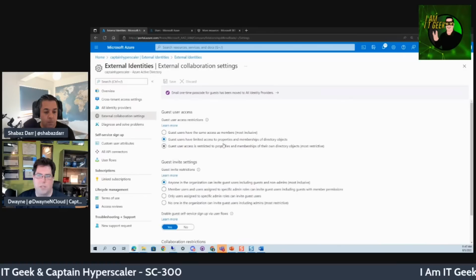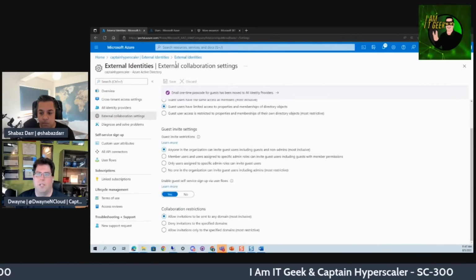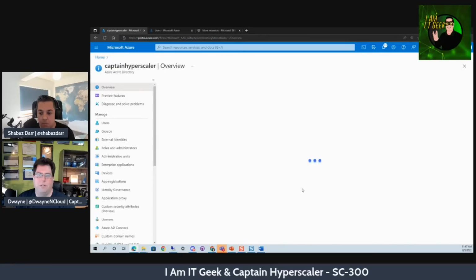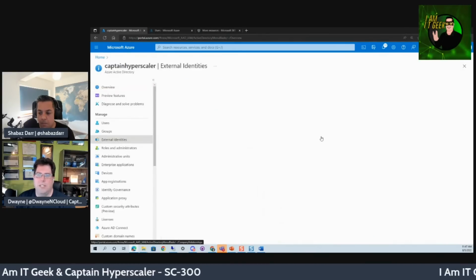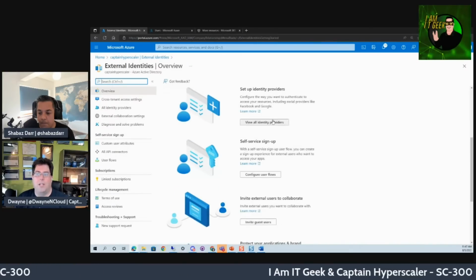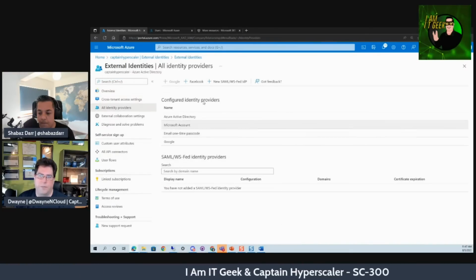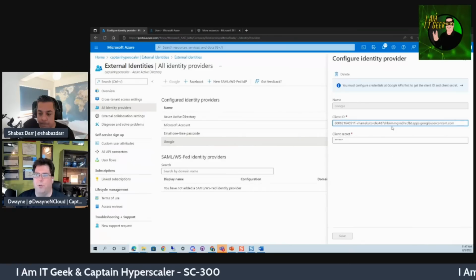We've talked about those in the previous demo, so I'm not going to go through that again. The identity providers, as Shabaz mentioned, we've got Google in here. I've already gone through and done the setup for Google,